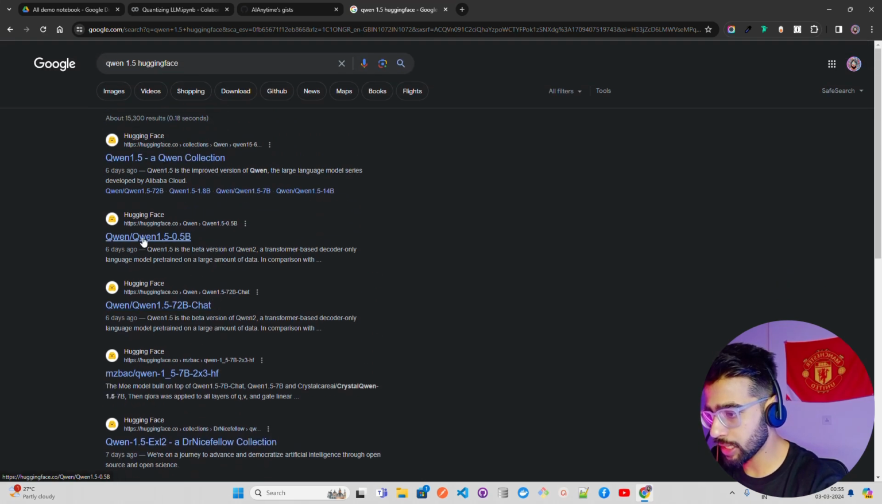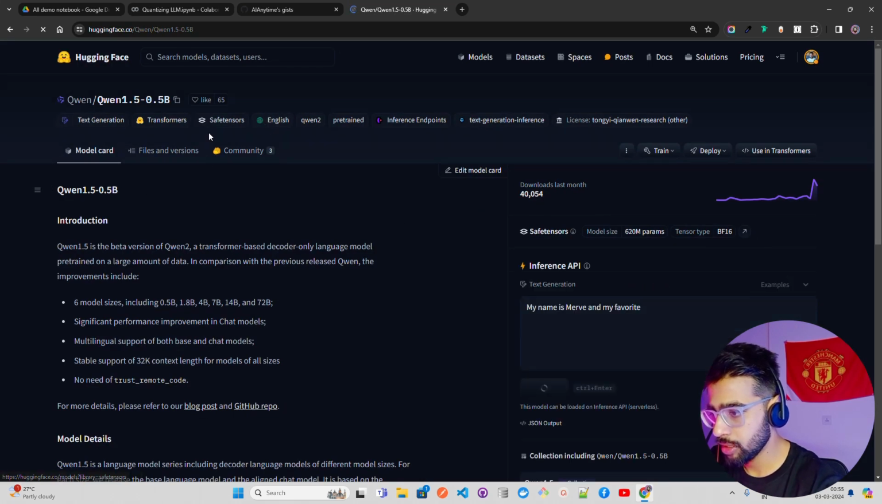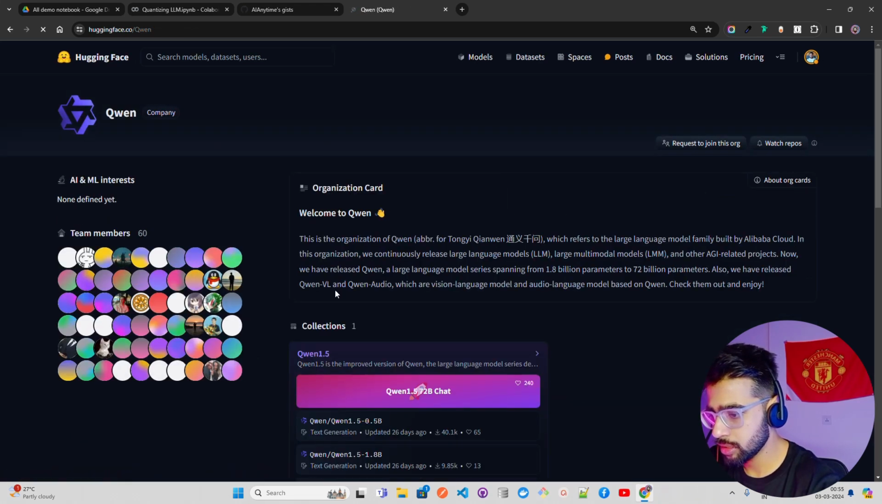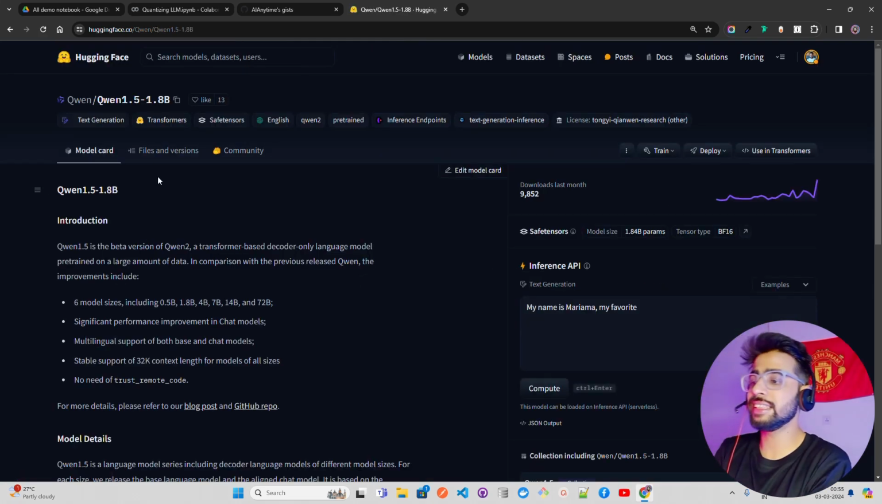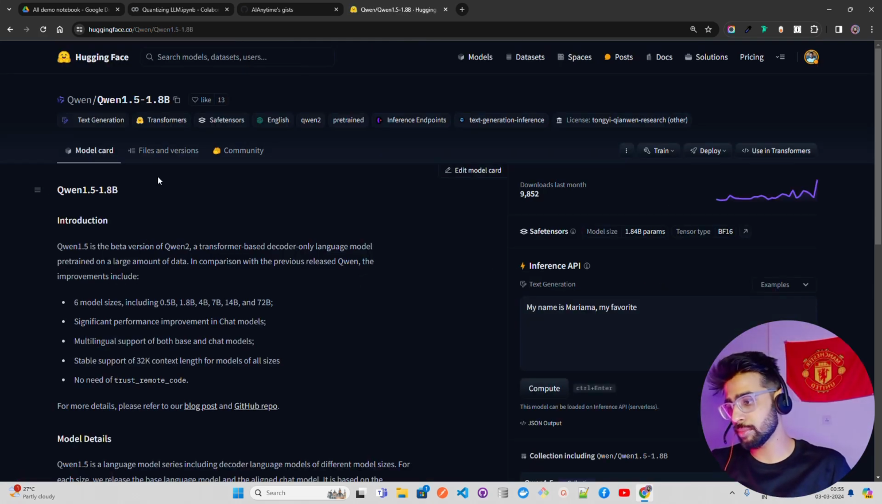Probably which one? Okay, let me go here. You can use this model as well, but I think let's go with 1.8b. So let's take this LLM, the model that we have. We'll first download this in the Colab, and then we'll convert it. This will create a GGUF, a 4-bit quantized model from this LLM,